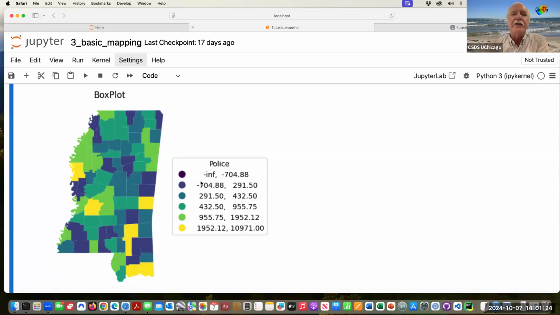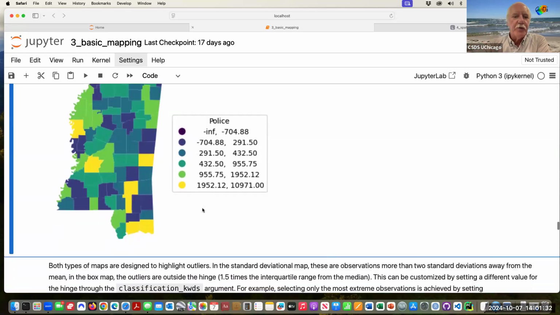So a lot of this category, they're all the same width. A lot of this category has nothing in it, okay? So,